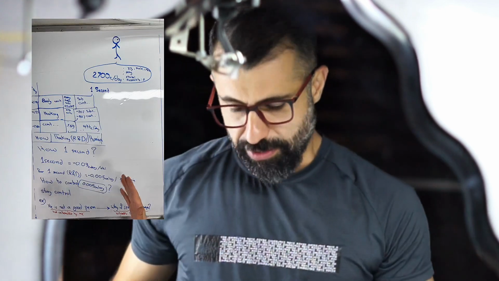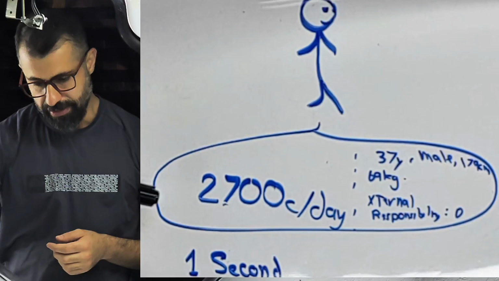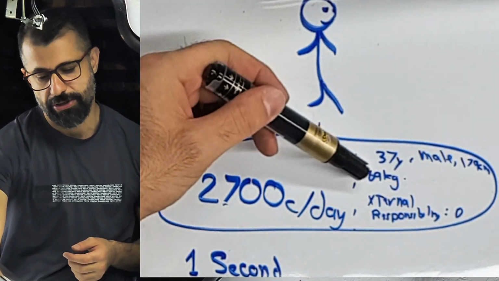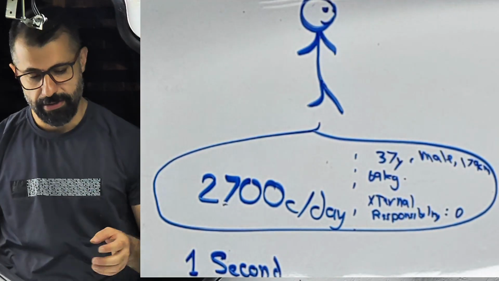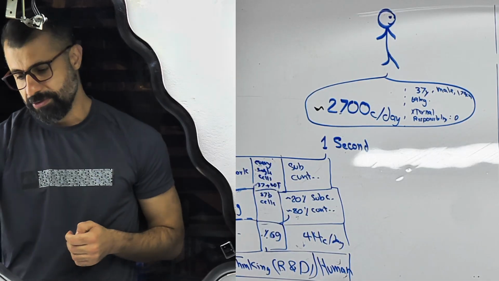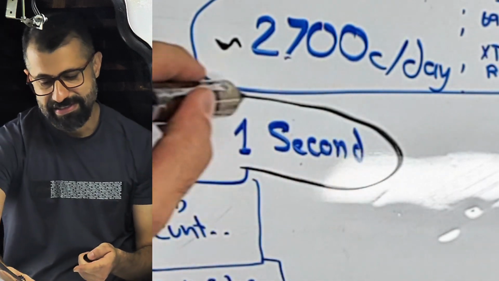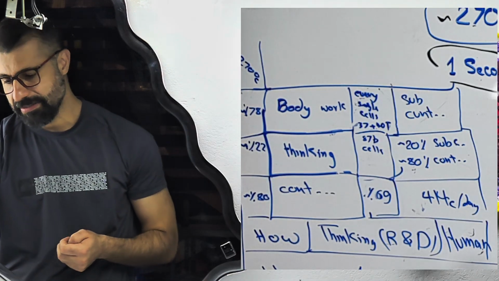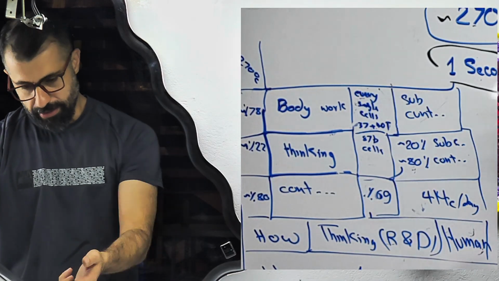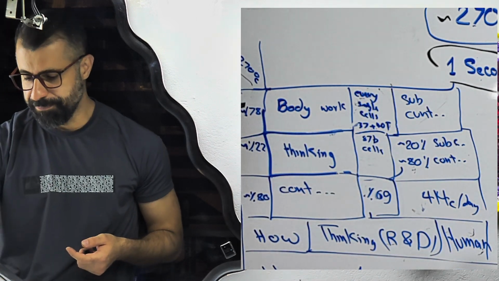How we can control the 2700 calories per day based on the second strategy. If we break down the energy that somebody with my age, weight and height consumes, it is roughly 2700. So this 2700 calories per day, how can we break it down to one single second? For one single second, let's see how this energy is distributed. 2700, around